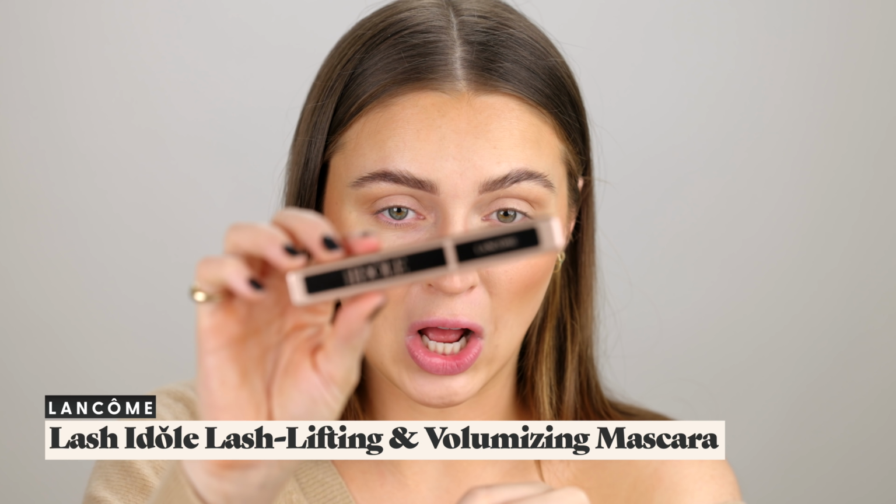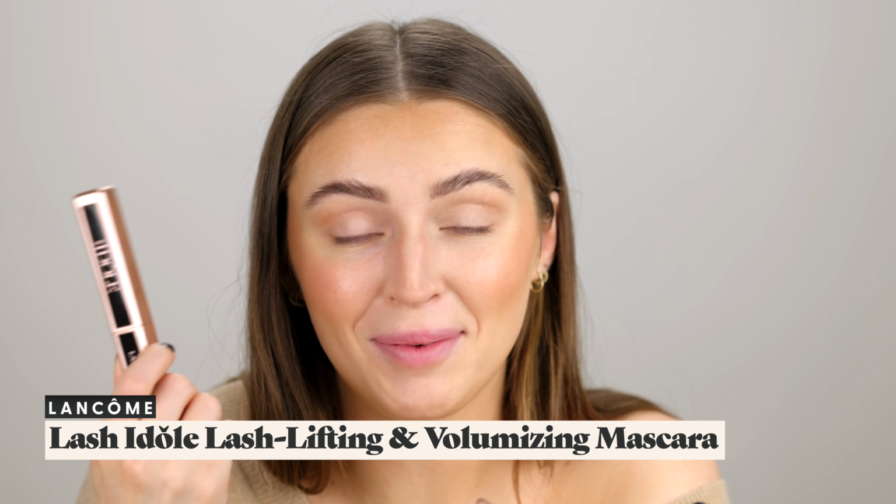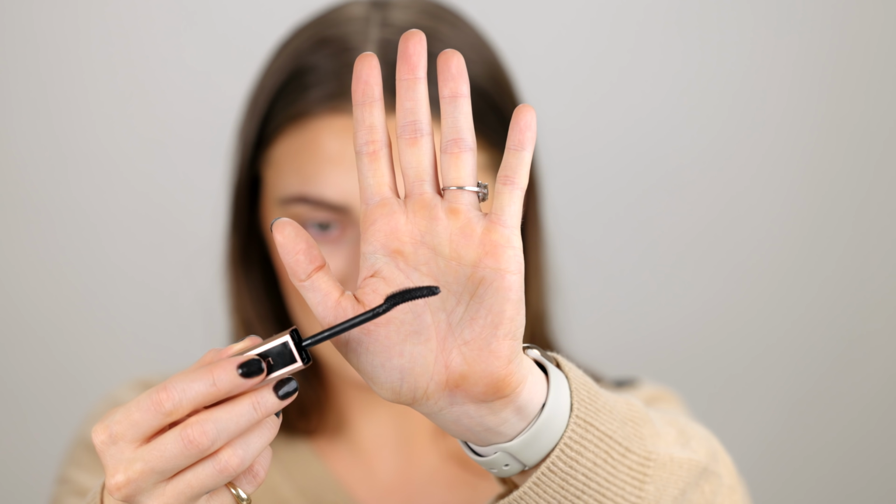So speaking of said mascara, the Lancome Lash Idole mascara. Now, the packaging is so cute. It's very geometric, just like the Idole fragrance is, which I like. And when I first opened it, I was like, oh no, I'm going to hate this. It's one of those pokey plastic wands. Please don't mind my hand. I'm so sorry. The tan just...